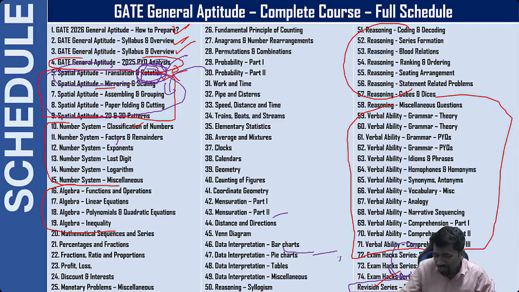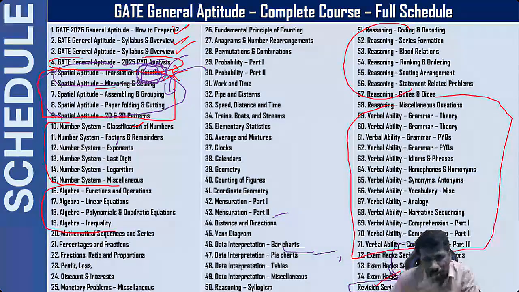Otherwise, the problem with watching recordings is that, due to some personal reasons, if you miss lectures for 1 or 2 days, the next day you will feel, okay, I missed those lectures, that also should be watched. That arrear will compound. That's why sometimes you will lose track of the preparation. But when watching recordings, what you can do is keep a regular time for watching the recording. Daily, religiously, fix a time that you decide you will not skip. Every day at that time I will watch the recording of the live class. This I'm telling to those people who cannot attend the live class.